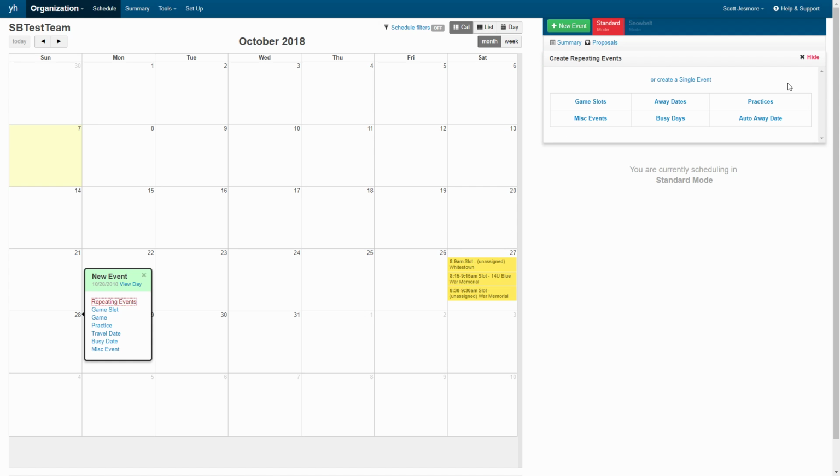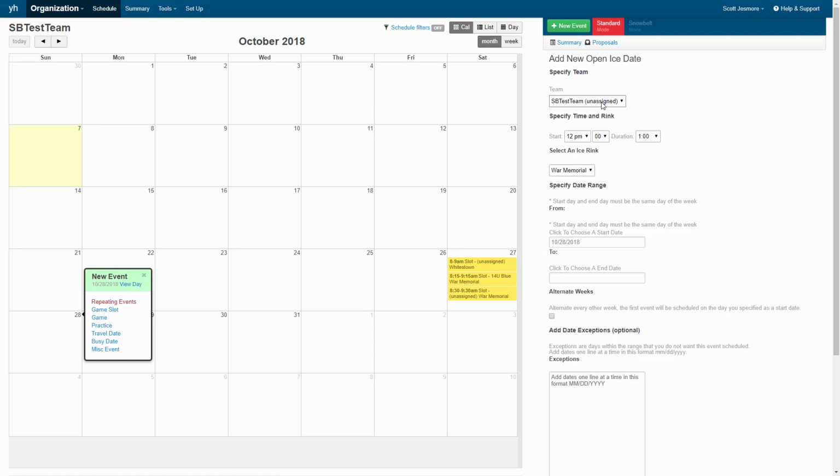Now this time you get an option here. You're going to pick game slots. You're going to pick your team. You can leave it unassigned, or you can assign it to a specific team. We said we were going to let these Squirts play. Let's do 10 a.m. for an hour at the War Memorial. Now we can specify